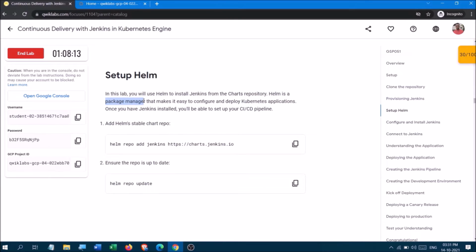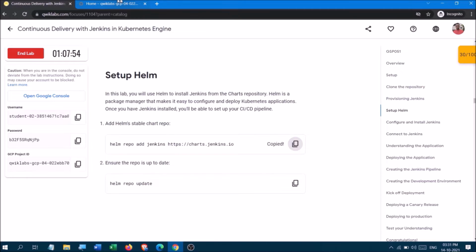Okay, a package manager that makes it easy to configure and deploy Kubernetes applications. So basically it's like a manager that helps to easily configure and deploy packages to the Kubernetes application.